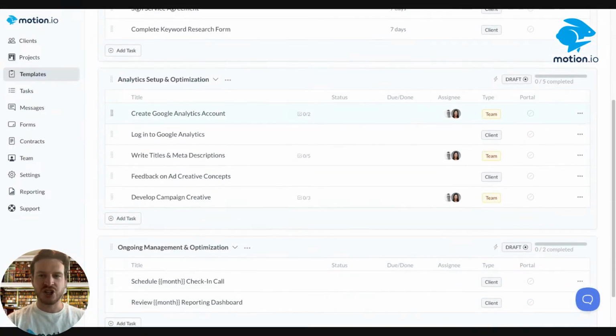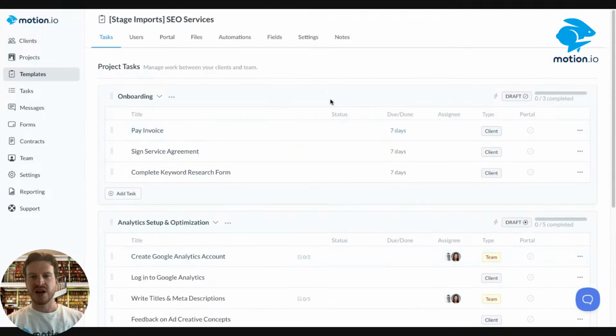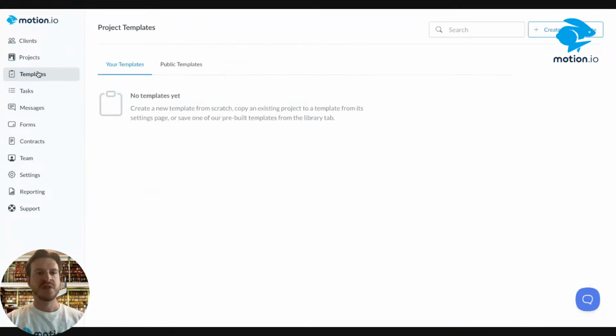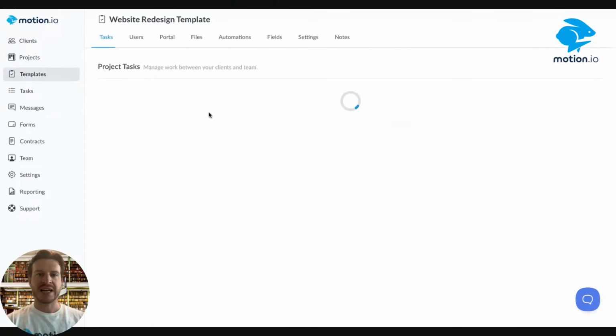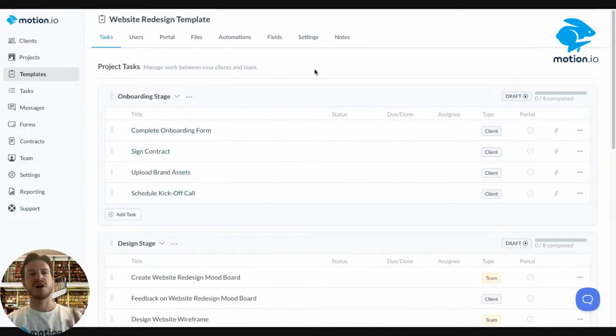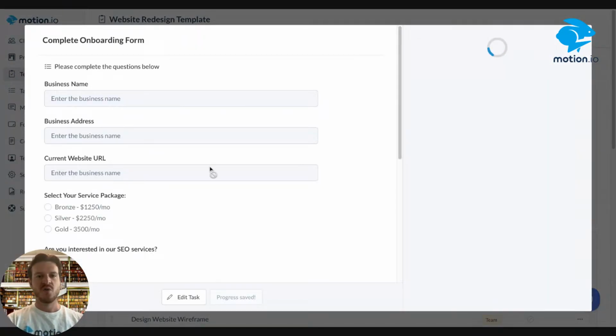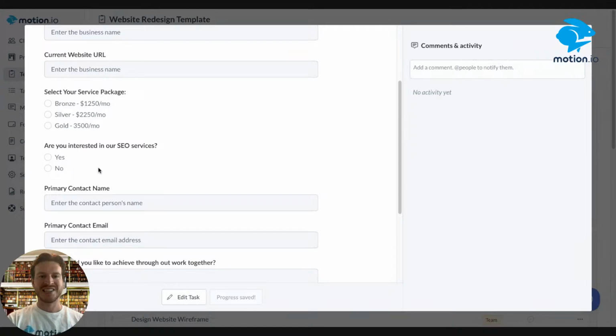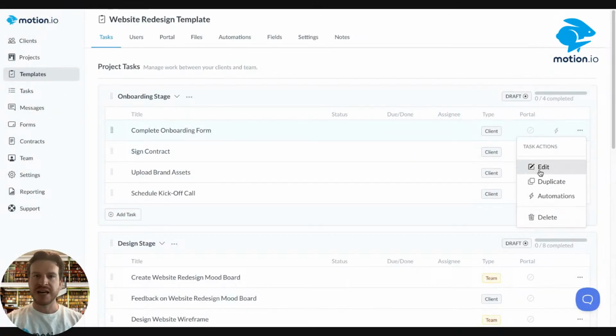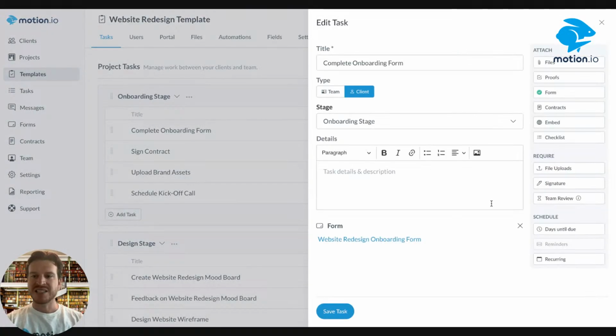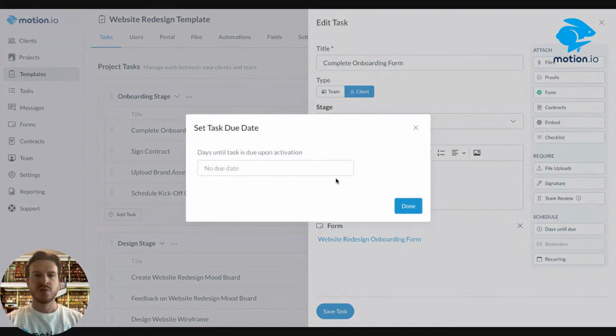There was something else that I wanted to show you as well along the lines of changes that we've made to templates, how things are activated, how things are fired. To show you this, I'm going to go back into that website redesign template you saw me working from earlier. Just as a refresher, this is that primary template where if a person responds yes to this SEO services question, we import the stages from that project template I just showed you. But one change we've made to templates overall, and this may seem minor at first, but is actually a really cool change for us. So previously,